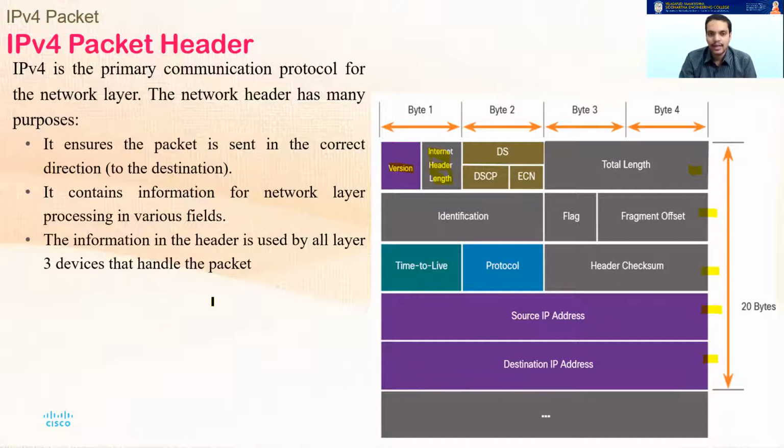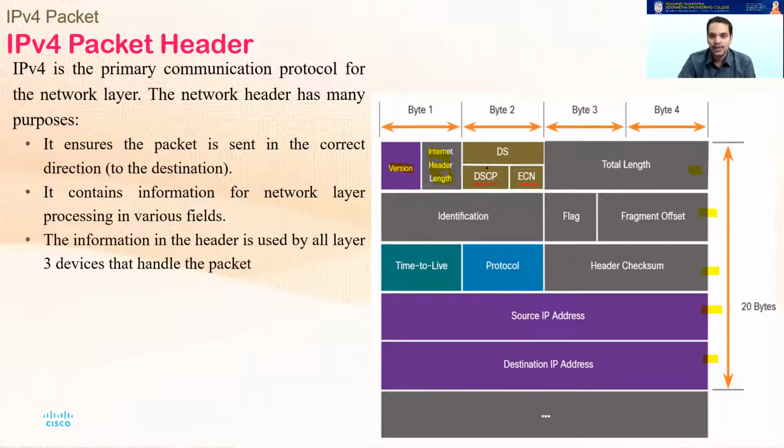Okay. So the next thing here is something called differentiated services. This particular byte is purely for providing quality of service. DSCP stands for differentiated services code point. ECN stands for explicit congestion notification. All these fields tell what parameters are required for assuring the quality of service for this particular packet. I don't want to go in depth about quality of service now because it's a vast concept.